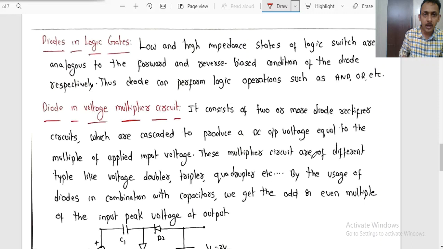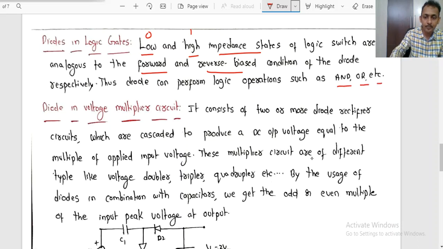Now sometimes, depending upon the on state and off state of the diode, on is considered as high and off state is considered as low, and if it is high it is 1 and if it is low it is 0. Like that it can be used. The low and high impedance states of the logic switch are analogous to the forward and reverse biased conditions of the diode. If it is forward biased, high, 1 will be given as an output. If it is reverse biased, off, low will be given as an output with the help of the logic gates. Using these diodes we can perform the operations of AND, OR,